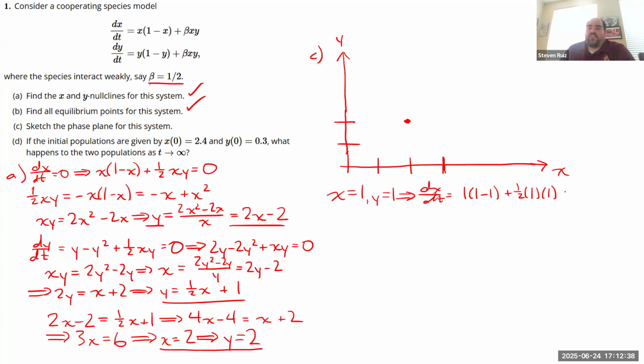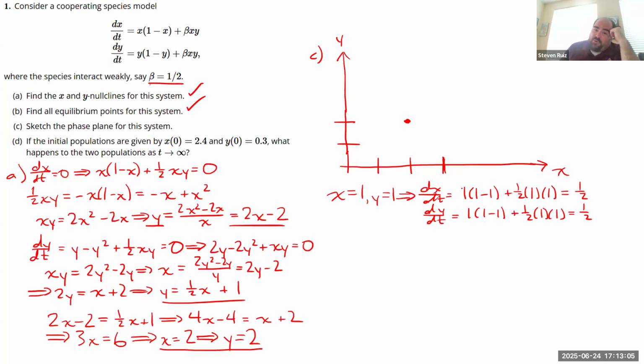So that first term vanishes and I get 1/2. And then dy/dt will give me, so it should be the same exact value. So if dx/dt is 1/2 and dy/dt is 1/2,